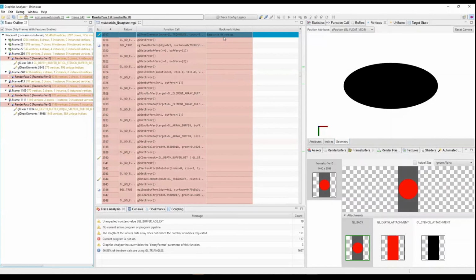But this time the number of vertices is 9,000. This is approximately 18 times more vertices than in the previous capture that we looked at. The huge number of triangles filling the circle explains the reason why the circle is completely black. The density of the triangles and their overlap means that everything is being overdrawn excessively, and